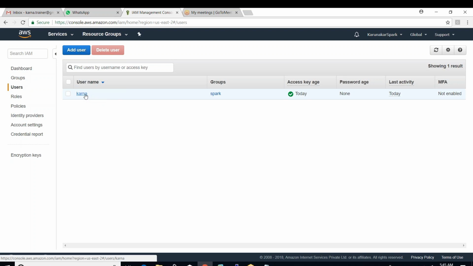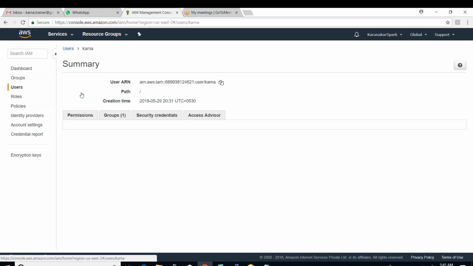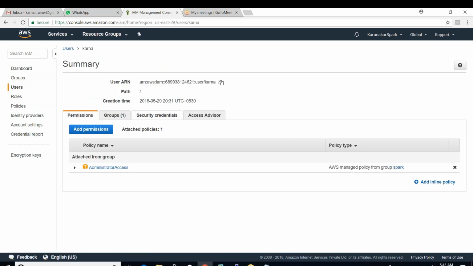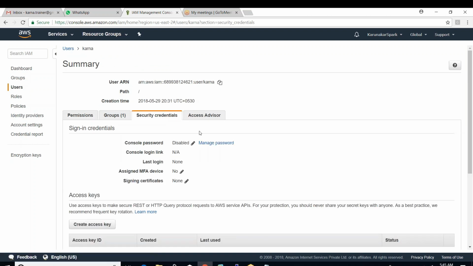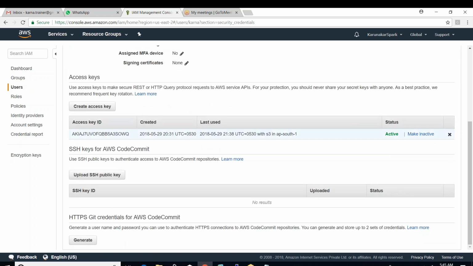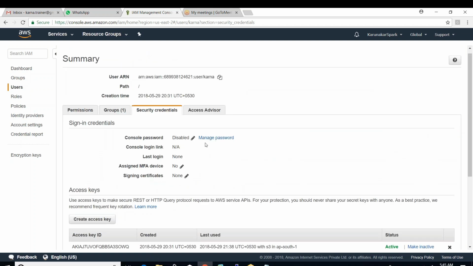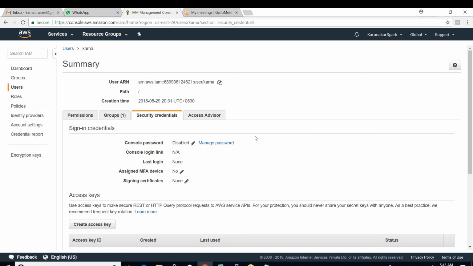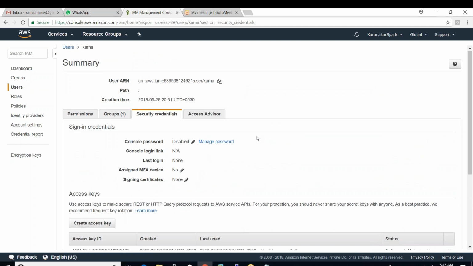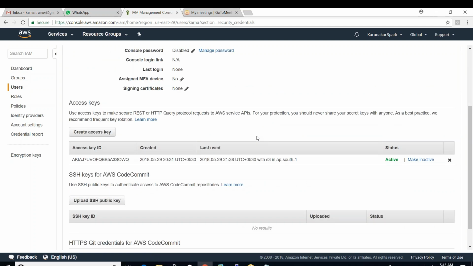Let me click on the user. When you click on the user, you'll have security credentials here. Just click on the security credentials. Already some security credentials will be there. One second, let me see where it is.